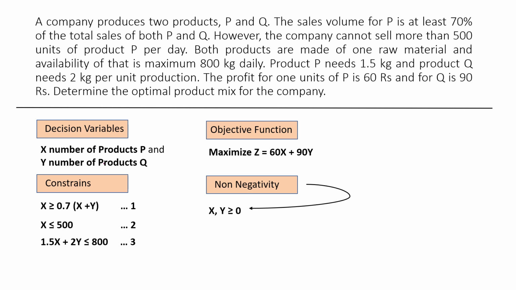So here we are ending with the problem formulation. Every time in problem formulation, you need to do these four basic steps. First, you are going to define your decision variable. Then you are going for the constraint. After that, you will define your objective function, and at last you are going to write down the non-negativity of the decision variable. And this is said to be a mathematical model for your linear programming problem.